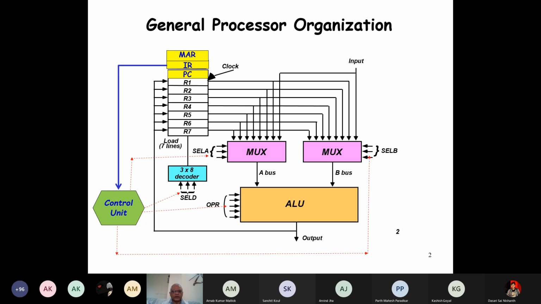Now this is the overall understanding of the processor. As we proceed, we'll see a more detailed view of the processor, but a conceptual view is indicated by this, that the registers have the operands which are used by the ALU. The specific register is selected by a multiplexer.